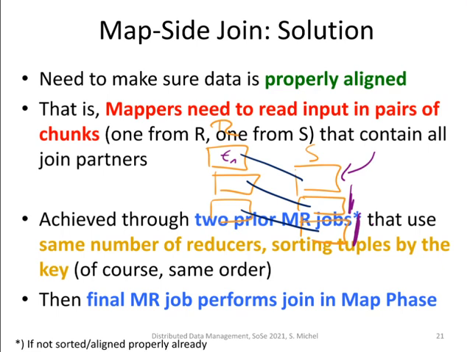Well, we have to come up with prior MapReduce jobs, 2 of them, that are using the same number of reducers and sorting the tuples in the output based on the key. Since we have the same number of reducers, we have the same number of output files, and since the partitioning is done according to the key, which is the same, of course, because we do an equijoin for both relations, the tuples in the individual partitions, 1, 2, 3, and so on, they are fitting each other. So 1 is fitting to 1, partition 2 is fitting partition 2, and so on, right?